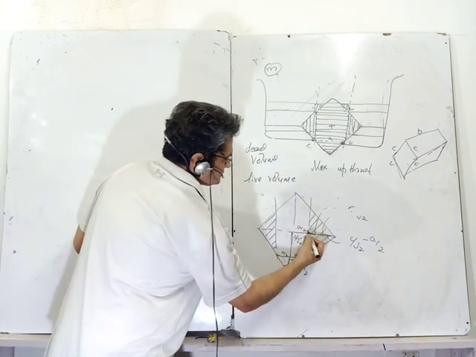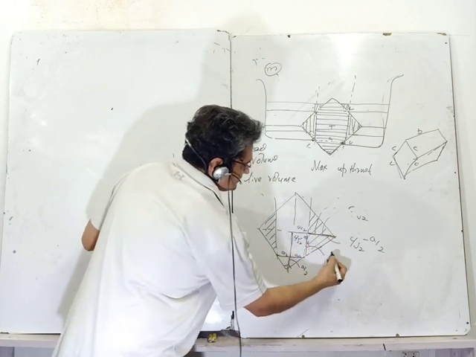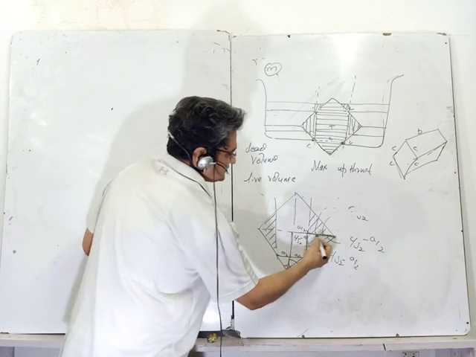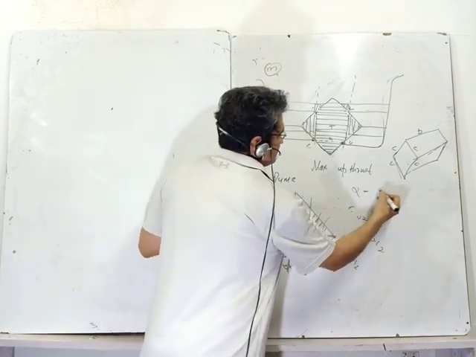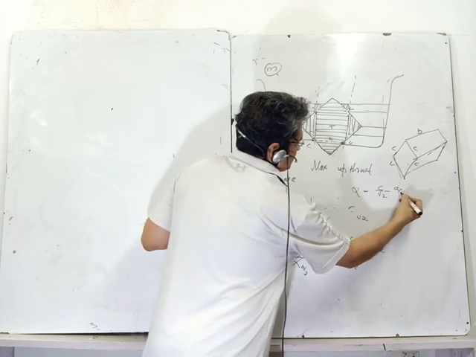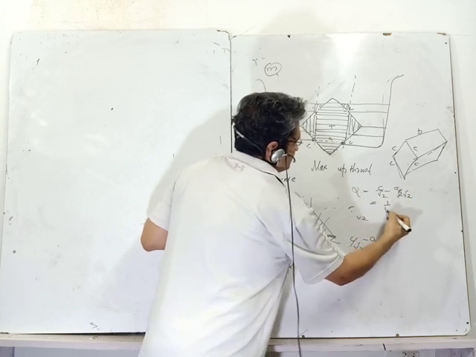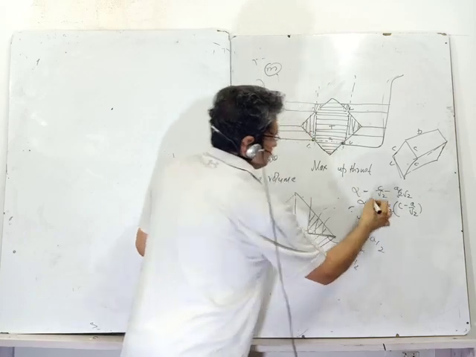So this has come, and this also was c by root 2 minus a by 2. This dimension is the same, this dimension is the same, because of the geometry advantage. Let alpha be c by root 2 minus a by 2, or I write it with 1 upon root 2 as common: c minus a upon root 2 is alpha.